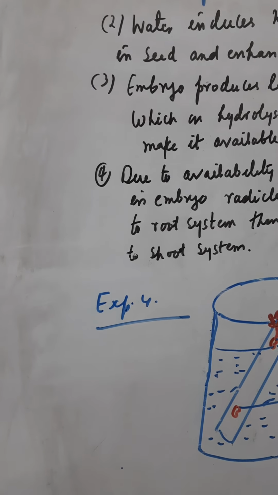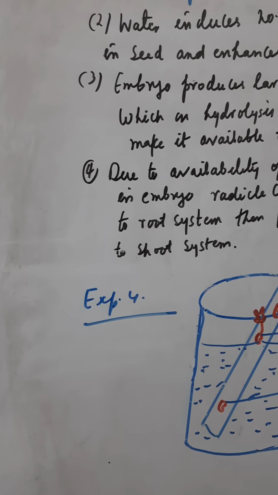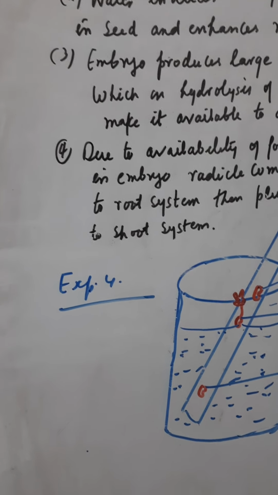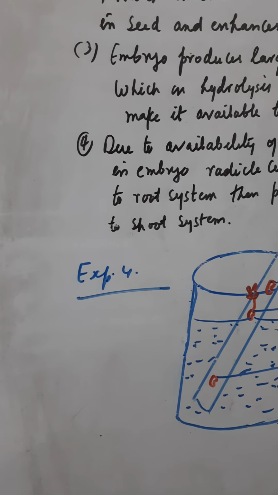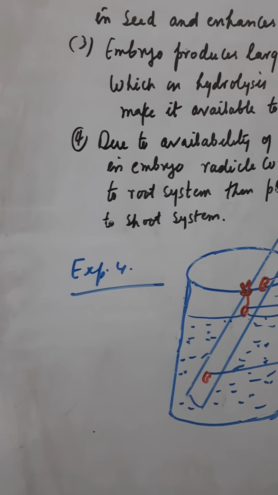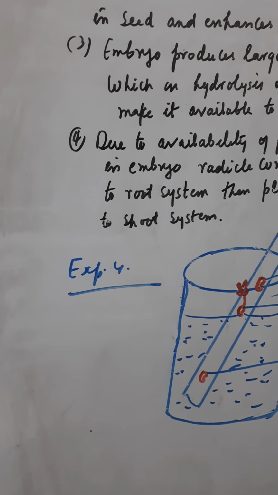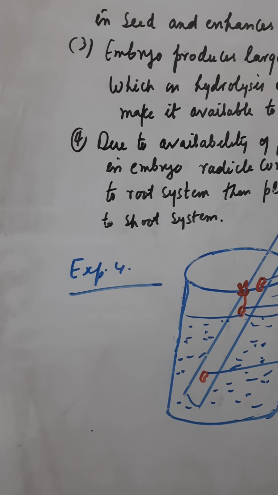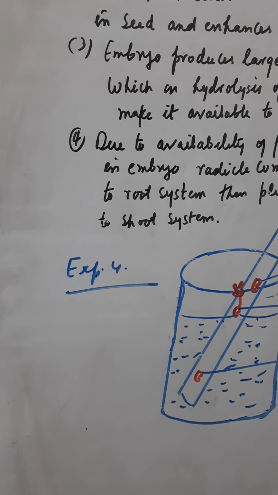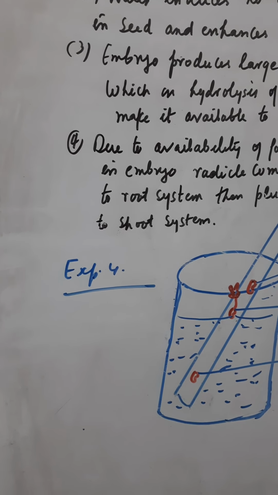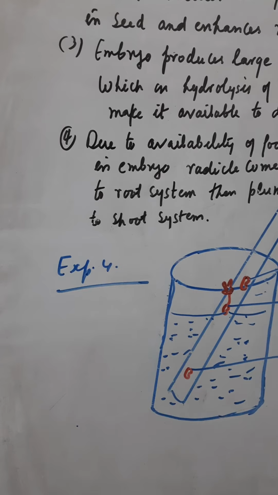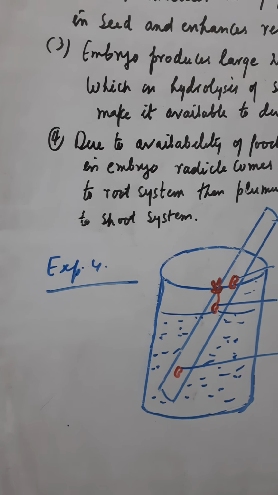Now experiment 3 is to prove that oxygen is essential for germination. Here 2 conical flasks are taken and they are labeled as A and B. Then spread moist cotton wool in each flask and place some soaked gram seeds on it. You can see here in figure 5.6. Then hang a small test tube containing pyrogallic acid dissolved in NaOH in flask A.